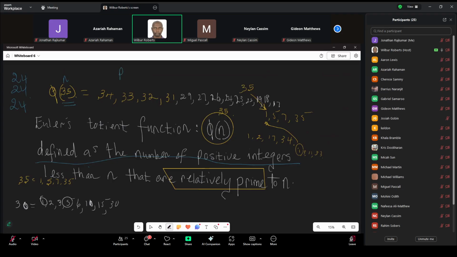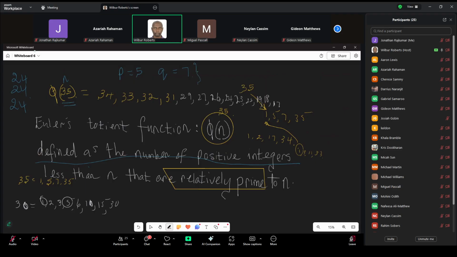So we'll say P is equal to 5 and Q is equal to 7. If we can express it as the product of two prime numbers, then psi n, which we did here,